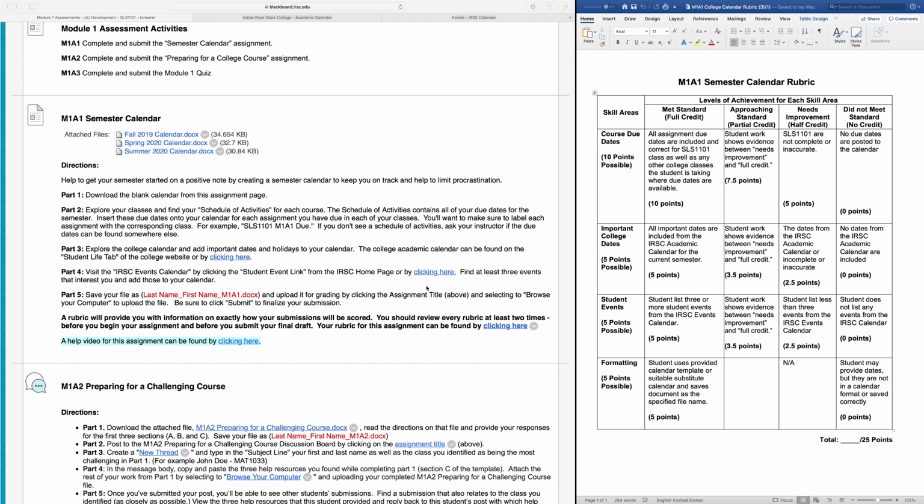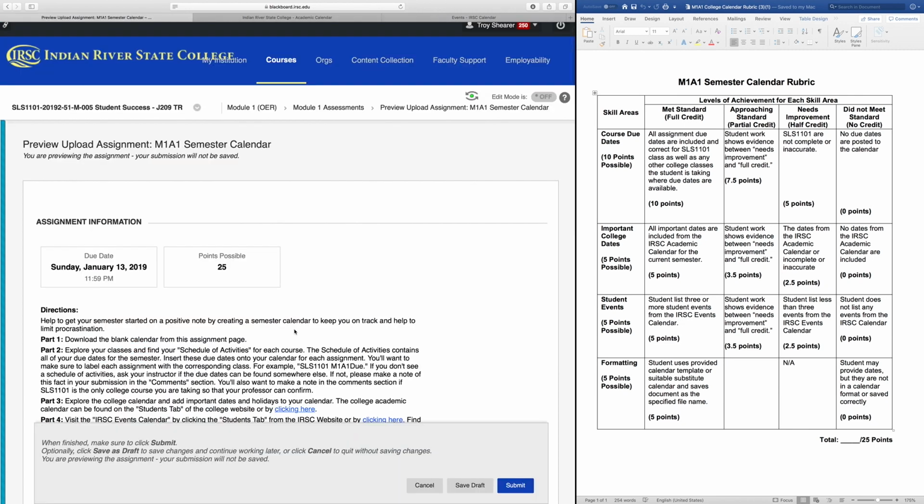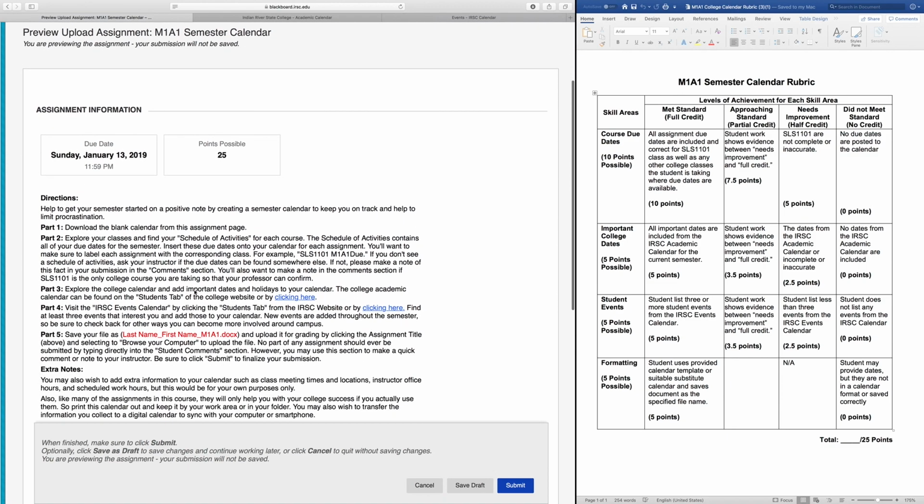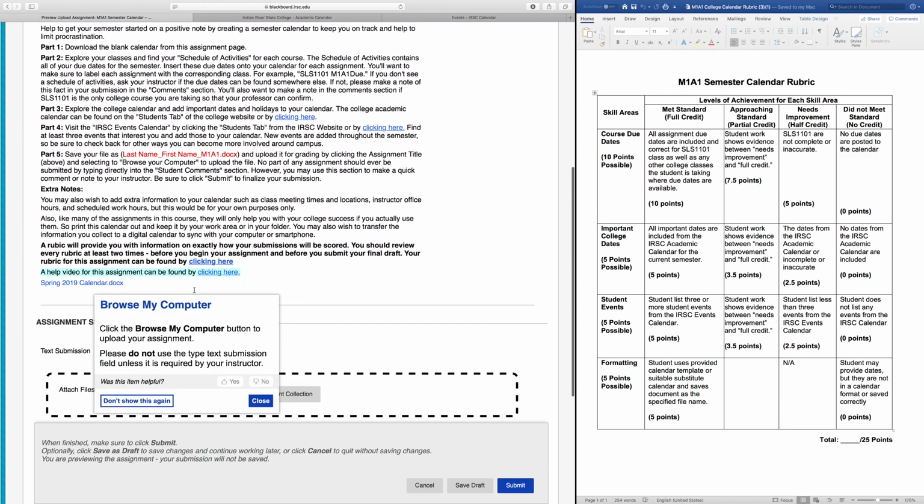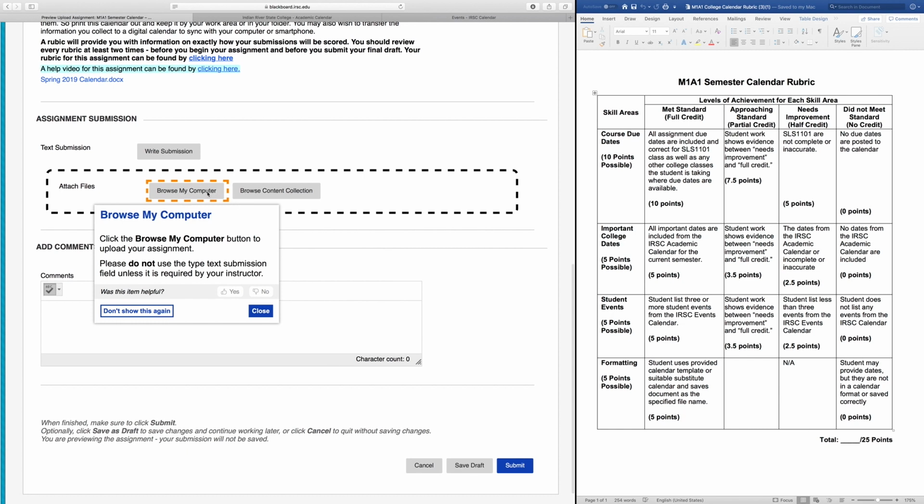The way that you submit your assignment, once you've saved it, is you click the assignment name here, which is M1A1 semester calendar. That will bring you to an assignment Dropbox. The Dropbox looks like this. It has the due date for your assignment, the points possible, the directions restated here, and then it has a link where you can browse your computer to upload your file. So you'll click Browse My Computer, you'll upload your calendar file in the correct format, and you'll click Submit, and that will complete your first assignment of the semester,